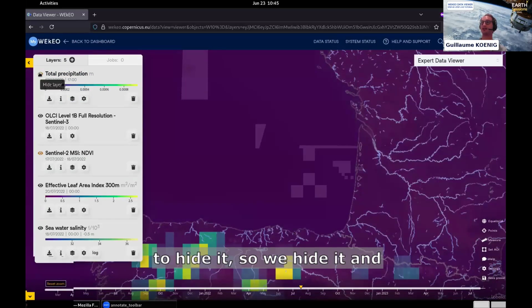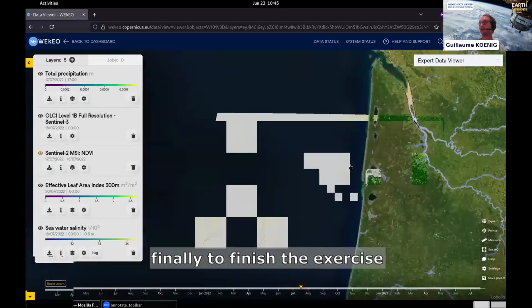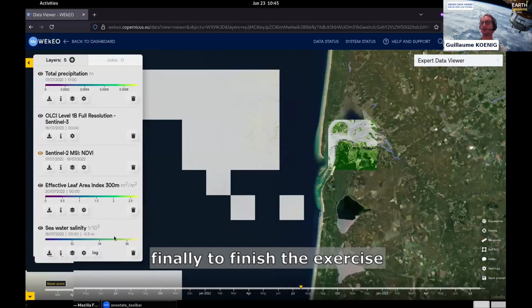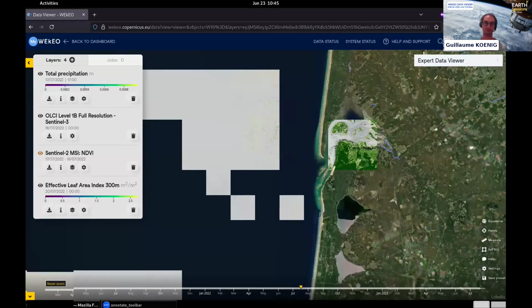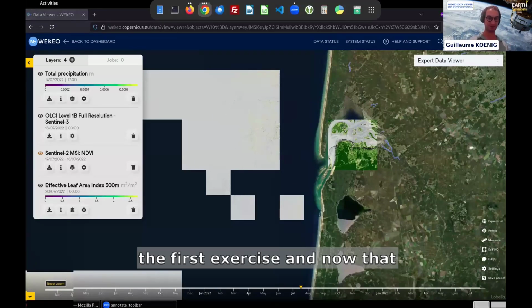We also want to hide it, so we hide it. And finally, to finish the exercise, we remove the seawater salinity. So that was it for the first exercise. And now that we've seen how to look for data in the catalog, we will see how to customize the appearance